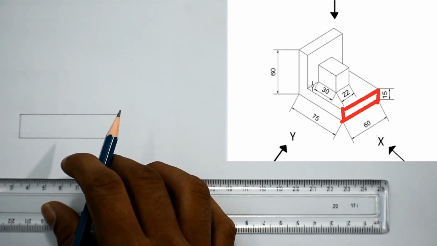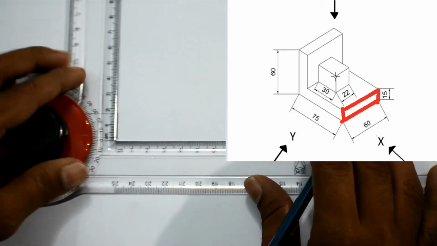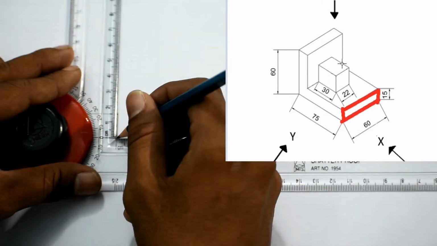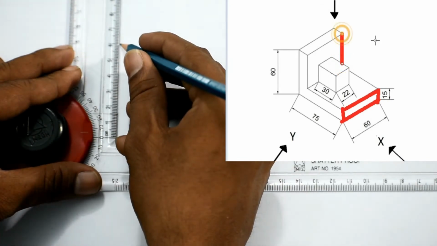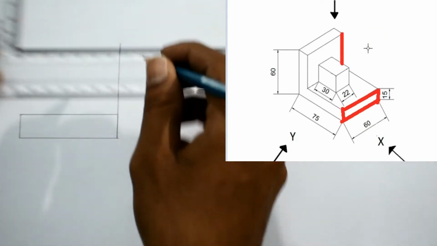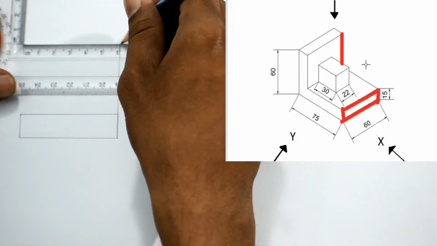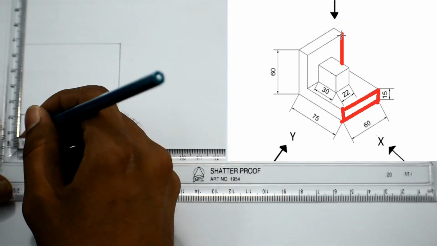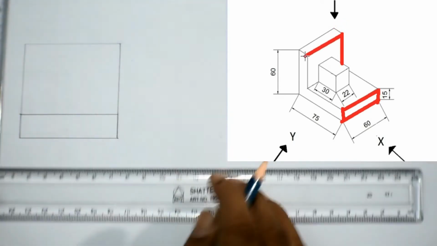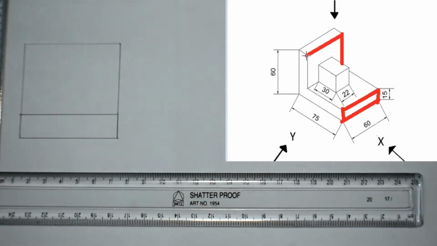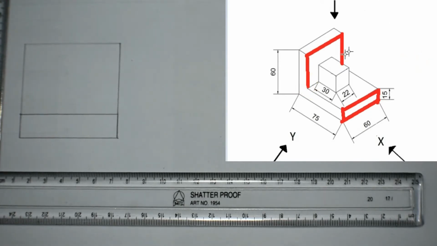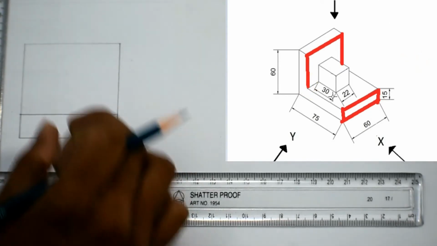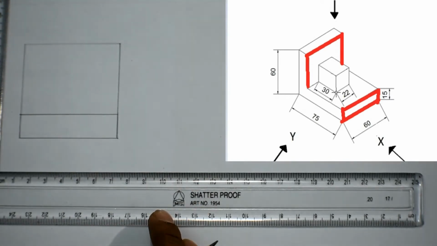Now on the back face you can see that the total height of this figure is 60 mm. So including this 15, we have to completely draw the 60 mm line for the back rectangle. And now we can easily complete this rectangle here. So our front view is almost completed, but you need to observe that there is one more small box in the center which we have to draw.